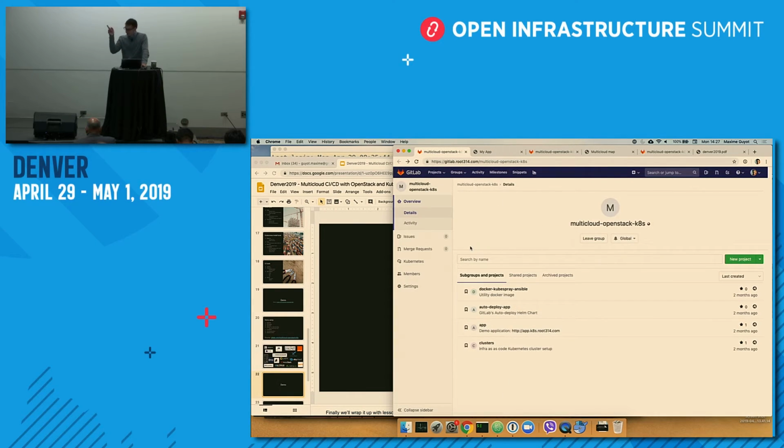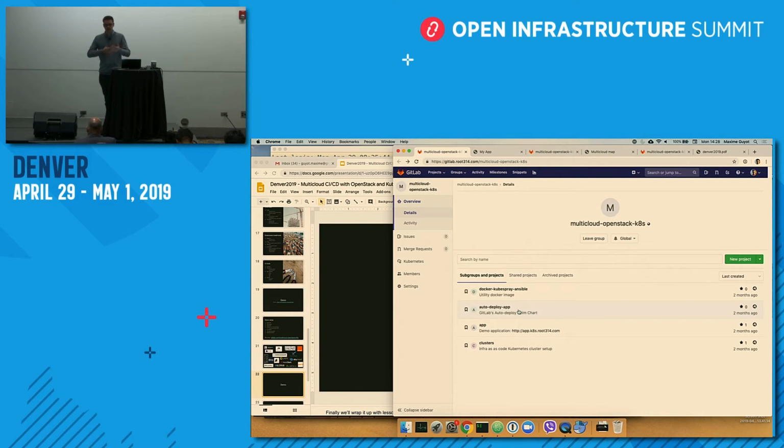The source code points to this group, which has 4 repos. The first 2 are not really important. There is a Docker image to make things go a bit faster, so I don't have to reinstall everything from scratch every time. And then there's the auto-deploy app, and that's the Helm chart.